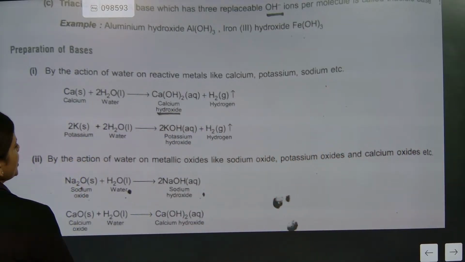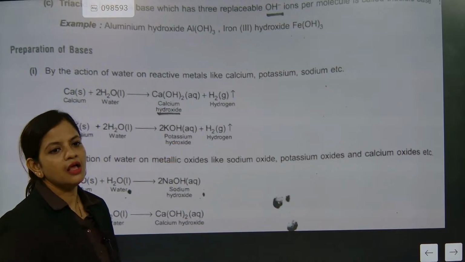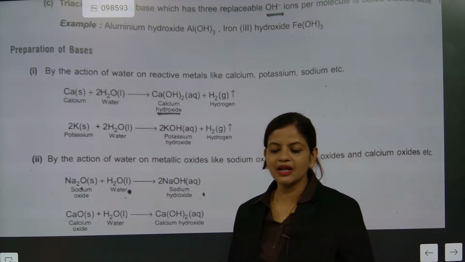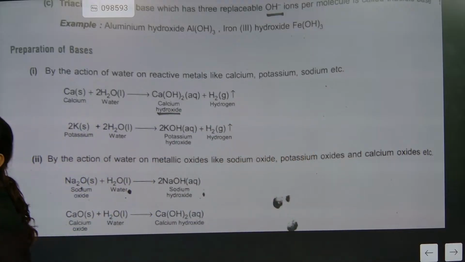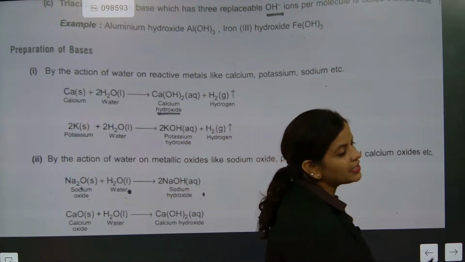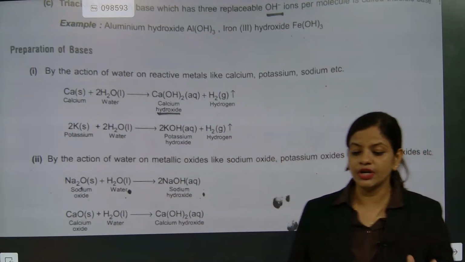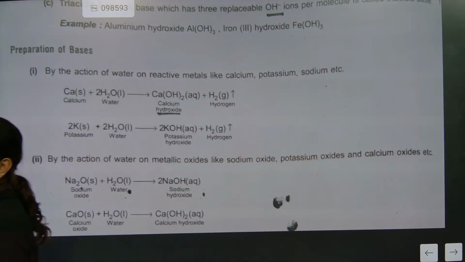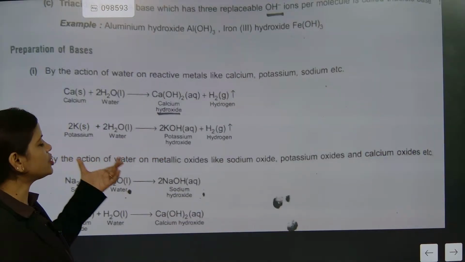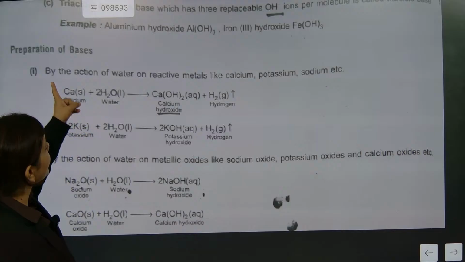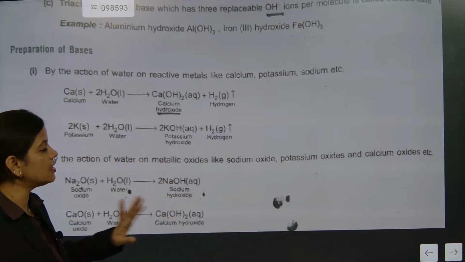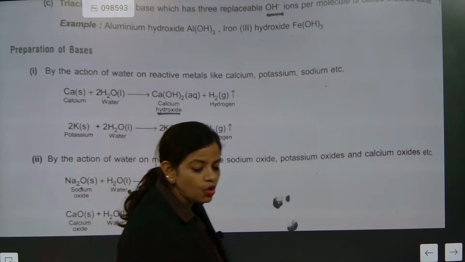Check again, potassium and water is taken. What are they making? We already know now. Metal oxides are bases. Whenever a metal reacts with a water molecule, it will undergo oxidation. So these metal oxides are bases. Names of some: calcium hydroxide, potassium hydroxide. By action of water on metal, and action of water on metallic oxide. Understood? So both are there.